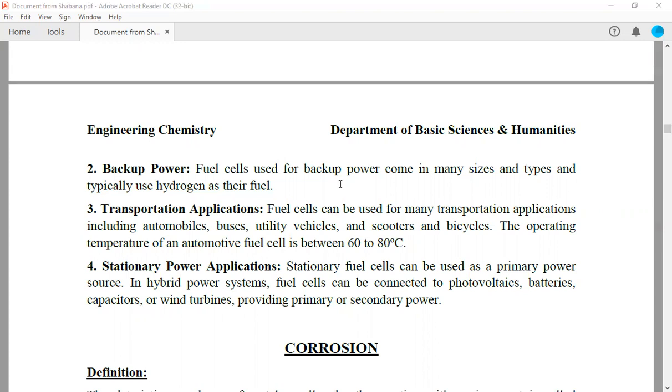So this is about the molten carbonate fuel cell. The next topic is corrosion. Before going into the lesson on corrosion,